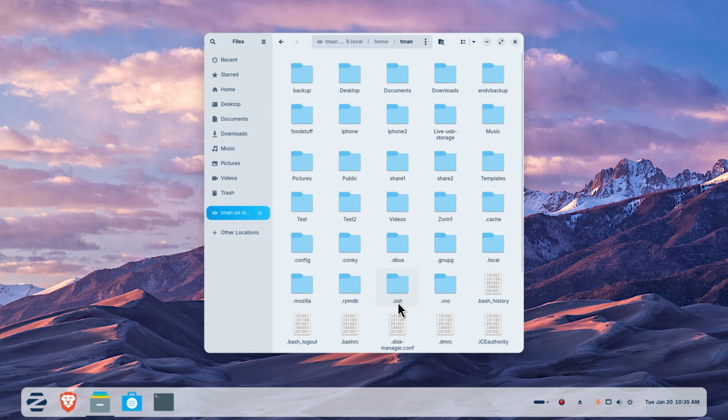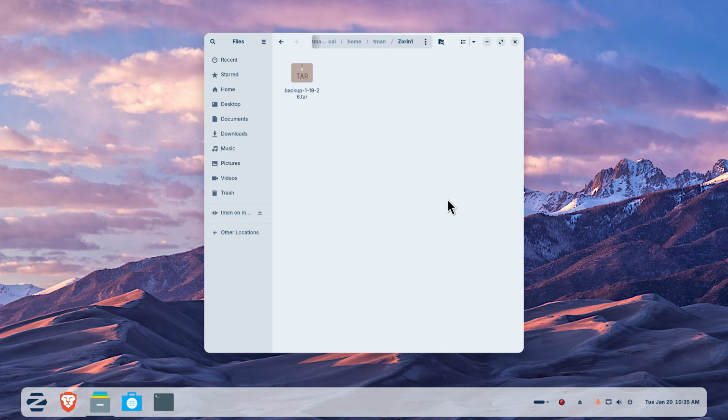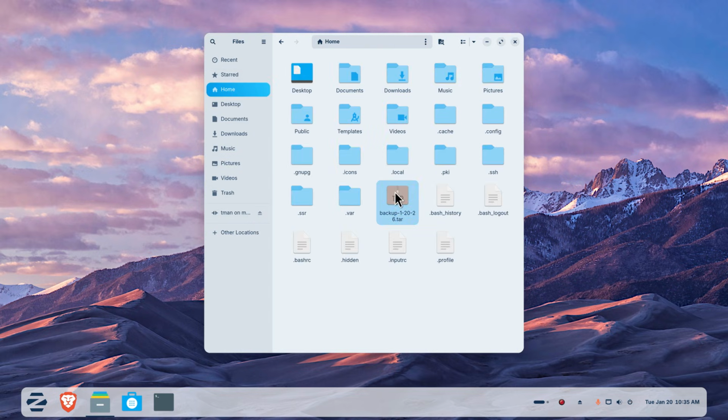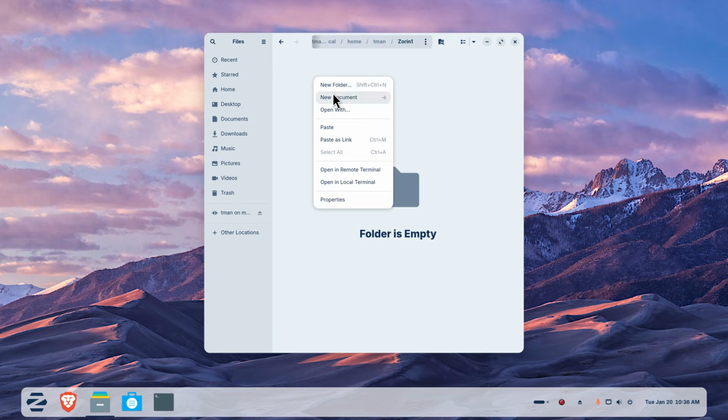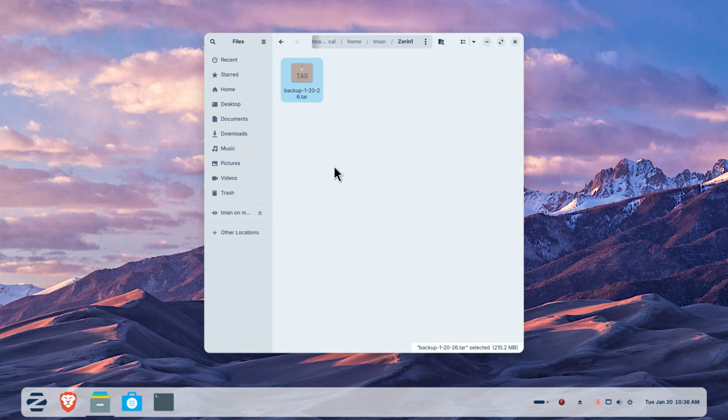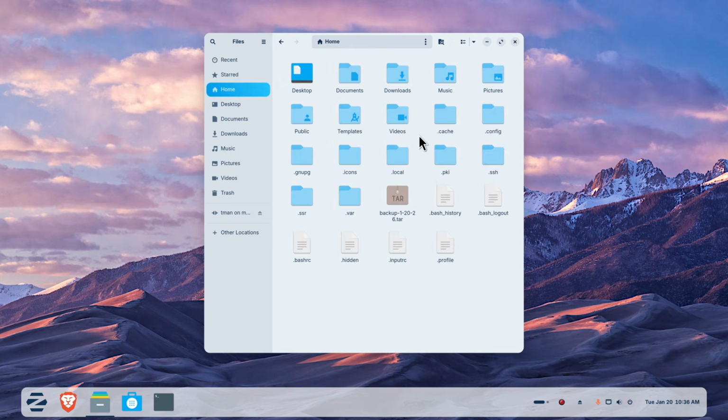And that also has an SSH folder. So this, I'm going to get rid of that backup and then take this one and put it there on that folder called Zorin 1. Now, at the same moment, while it's still transferring, even though it's just got the primary thumbnail, because it takes a couple seconds to transfer anything over 100 megabytes, but more importantly, the home folder for this machine has an